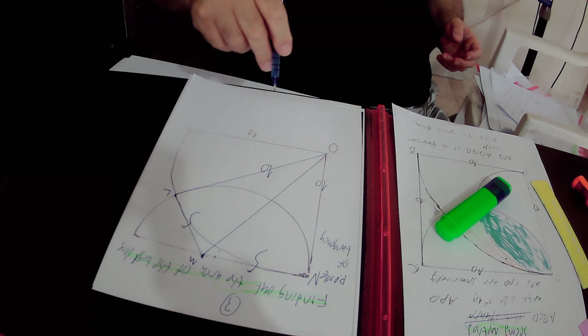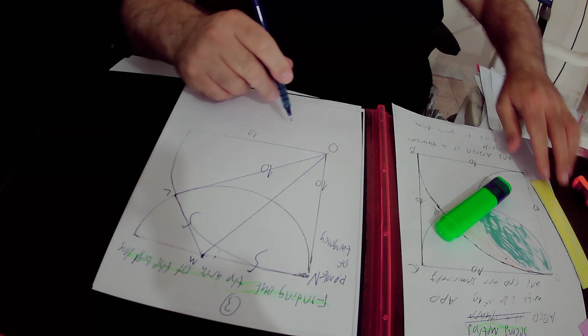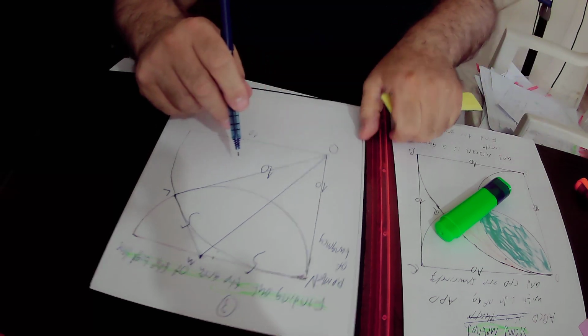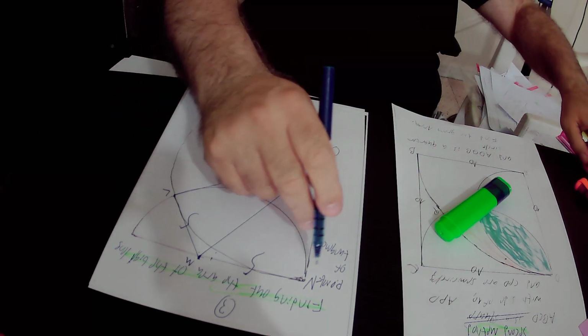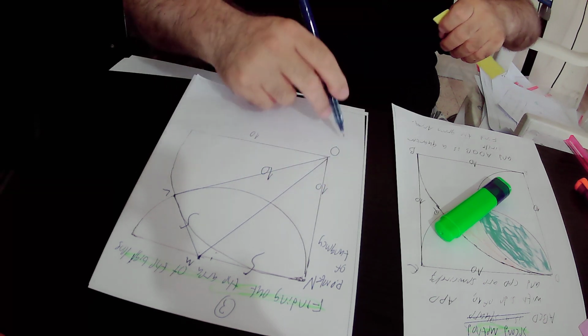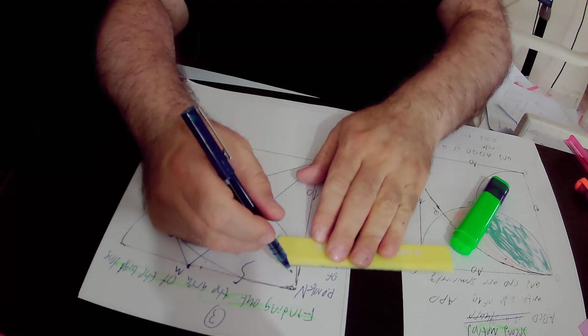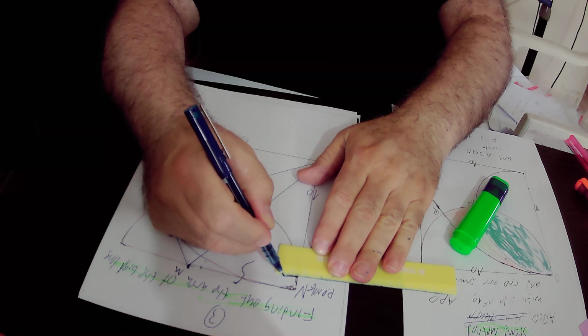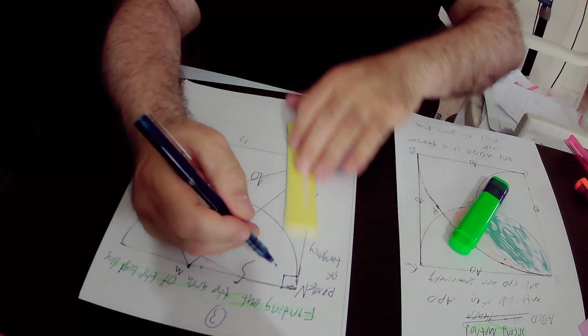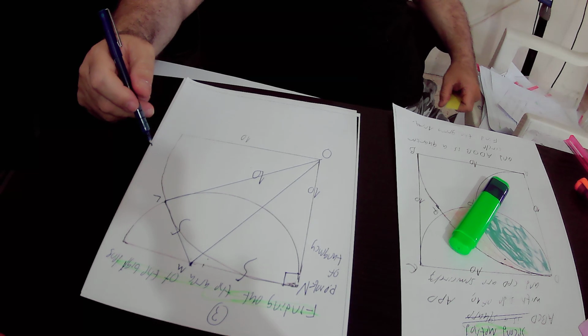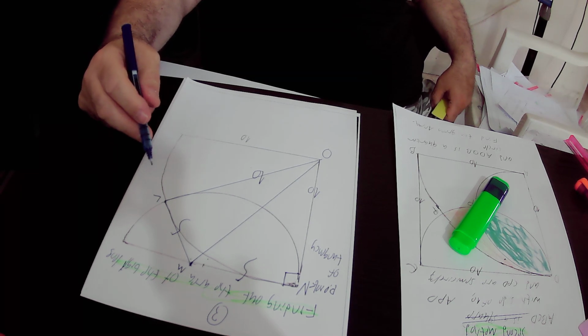Whenever you have a radius that is drawn to the point of tangency, then tangent MN will be perpendicular to the radius NO. So if MN is perpendicular to NO, it means that this angle equals 90 degrees. And here also